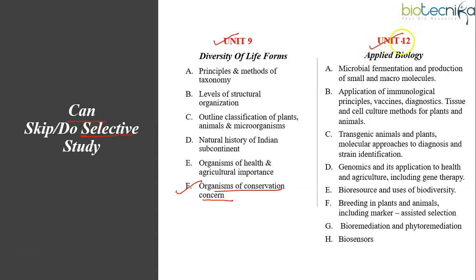And unit 12 is about applied biology, which is again a mixture of many topics. From this unit, you can expect one part B or 1 or 2 part C questions in every exam. So basically this unit carries a weightage of 8.5% in part B and 6.67% in part C. And questions are usually statement based, match the following or graph based questions, and they require conceptual clarity. And specifically questions from Agrobacterium mediated transformation and technology concepts related to development of transgene and its expression levels are often asked from this unit.